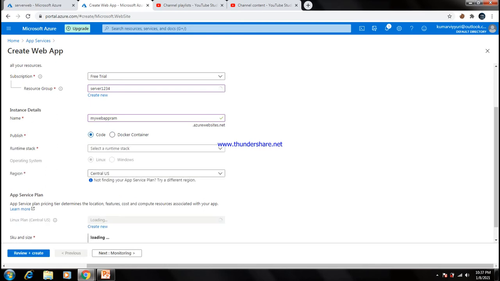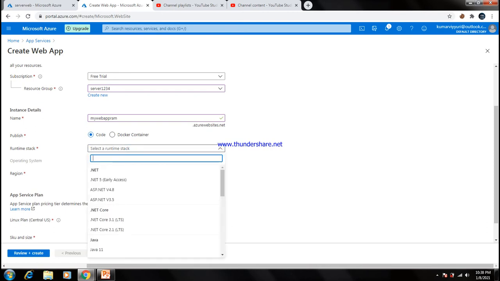So code basically runs under the platform only. In this case you want to mention the platform. For example, a .NET platform, or a Java platform, or else Node.js, PHP, Python, Ruby, all the things are available.